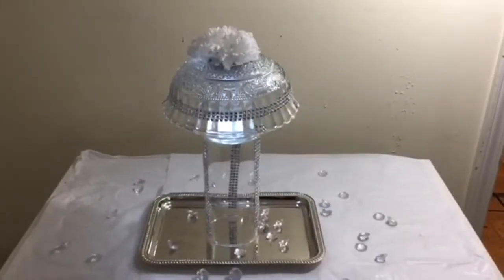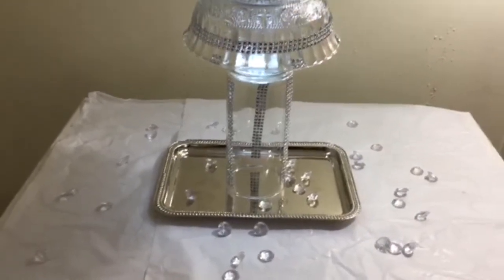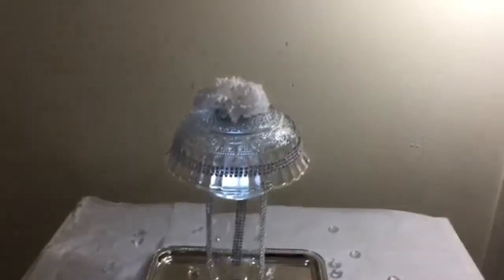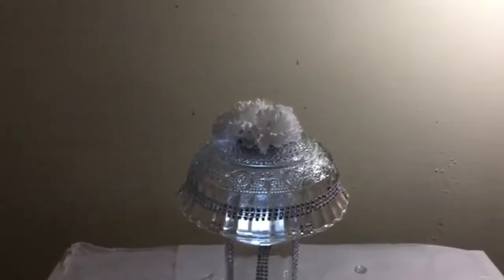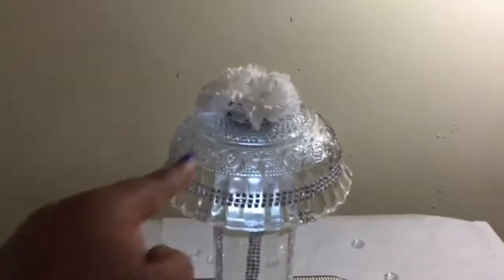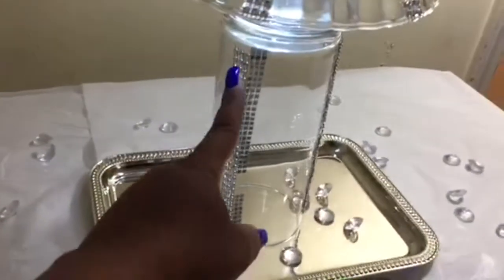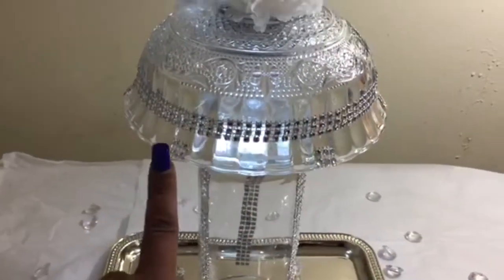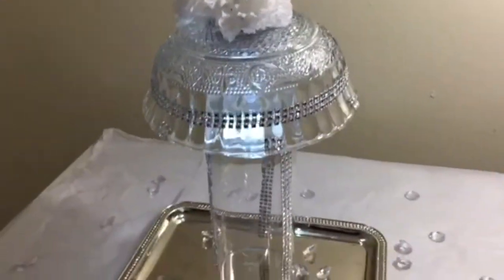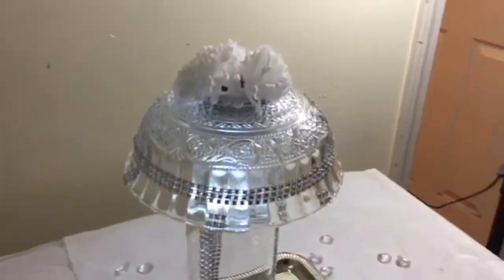Okay, you guys, this is the final look of this nightstand DIY from the Dollar Tree. This was super duper easy. So yeah, I got the LED light in the middle, on the bottom of this bowl, of course. I E6000'd it and hot glued it on there. Threw some little flowers on there just for a cuter, elegant look. And I put some wrap around the cylinder and a little bit more, you know, detail around that, and called it a day, y'all. This is very simple, easy to make DIY